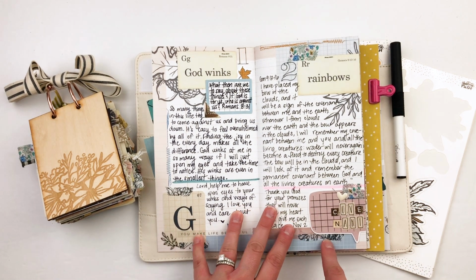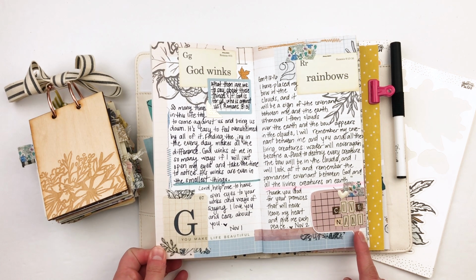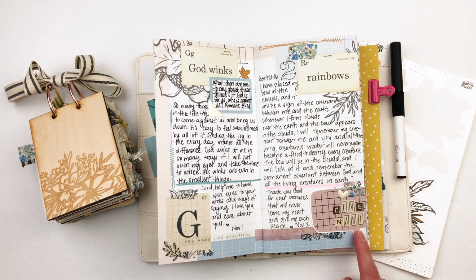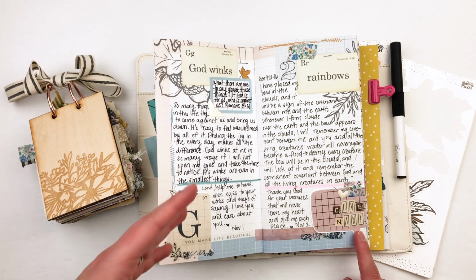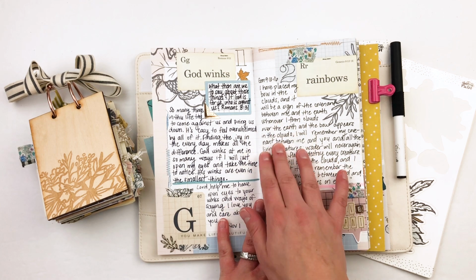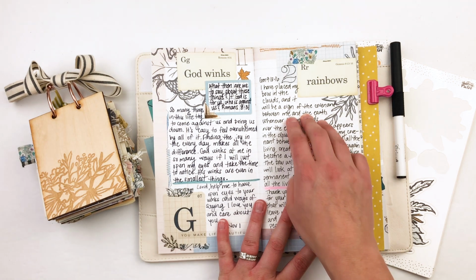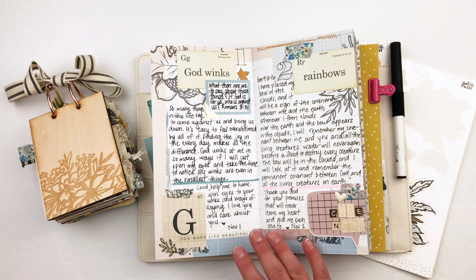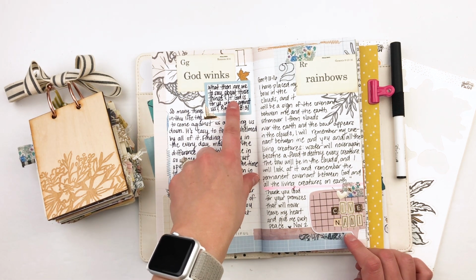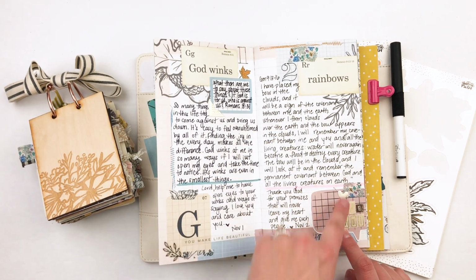Another thing is just keep it simple. You'll see that I've used mostly printables and stickers, and that's it. No stamps here. I love stamping, but for a daily project, I just don't necessarily in this season of life have time to pull out stamps and the ink pad and the block and clean them and all of that. So I just go with basically printables, stickers, a pen obviously, and I do use a stencil that I do the numbers with, and that's it. So I put my scripture usually where it'll stand out, or if there's a word like this covenant, stood is a word that stands out to me when I think of rainbows, and so I just put that down